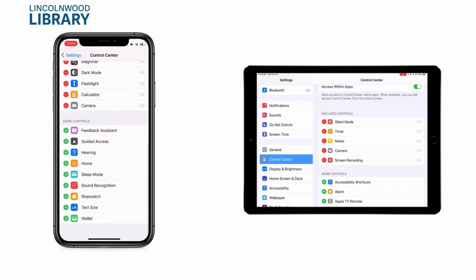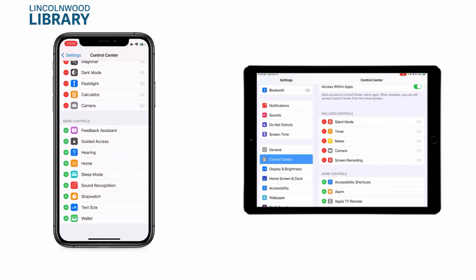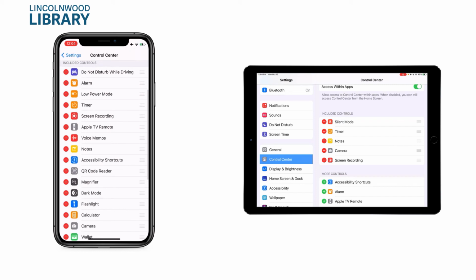Now, maybe I want to add the ability to access my Apple Wallet. From more controls, these are the controls that are available that are not currently in your control center. I can press that plus, and you see now it is in the list of controls that are included in